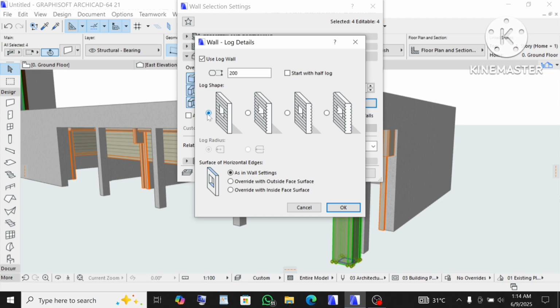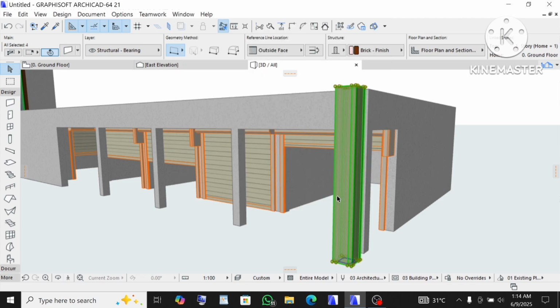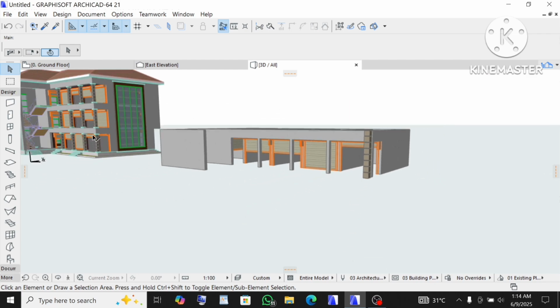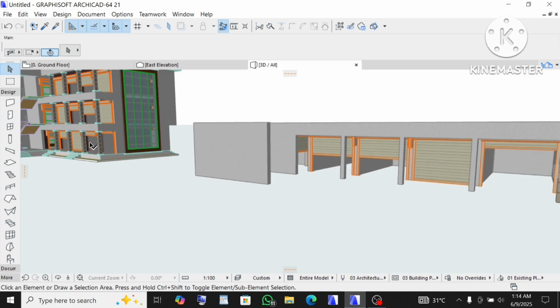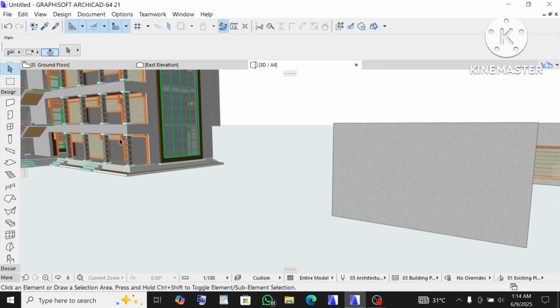So click on this wall, and the height of the log wall segment, change it to 400 mm and click OK. Alright, press escape. You can see that just like this right here. You can see how this is. So that's how to do that. Now go to the ground floor,